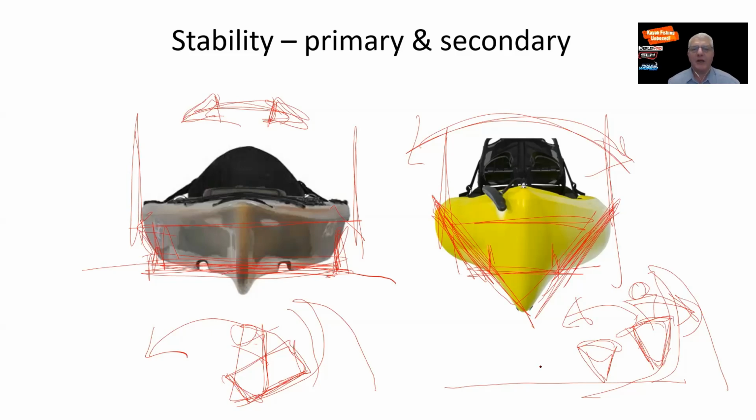So certainly there's nothing wrong with either model. They're both different. And that's the one thing about kayak fishing. There's nothing right, there's nothing wrong. It's just what is going to best suit your needs as a kayaker. But understanding what is primary stability and what is secondary stability will help you make a decision about which kayak you want to buy. Okay, next slide we will go to